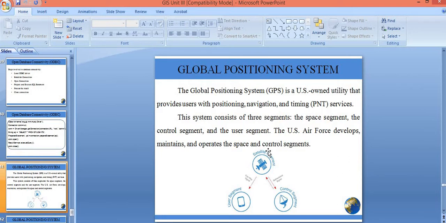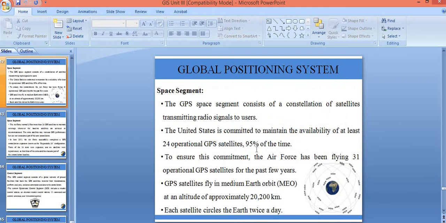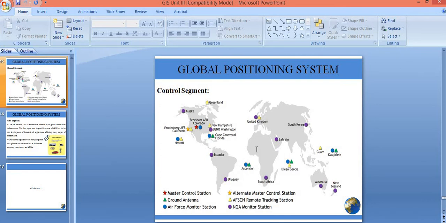So this is about your satellite segment, and the second segment is control segment. As the name says, this segment is responsible for controlling the satellites which are roaming around the globe. Okay, so you have master control station, you have antennas, like that. You have different units available in the control segment, which is meant for controlling the movement of satellites. And the last segment is user. So through the GPS device, they can just avail the PNT service, positioning, navigation, and timing service. Okay, so these are the 3 components.